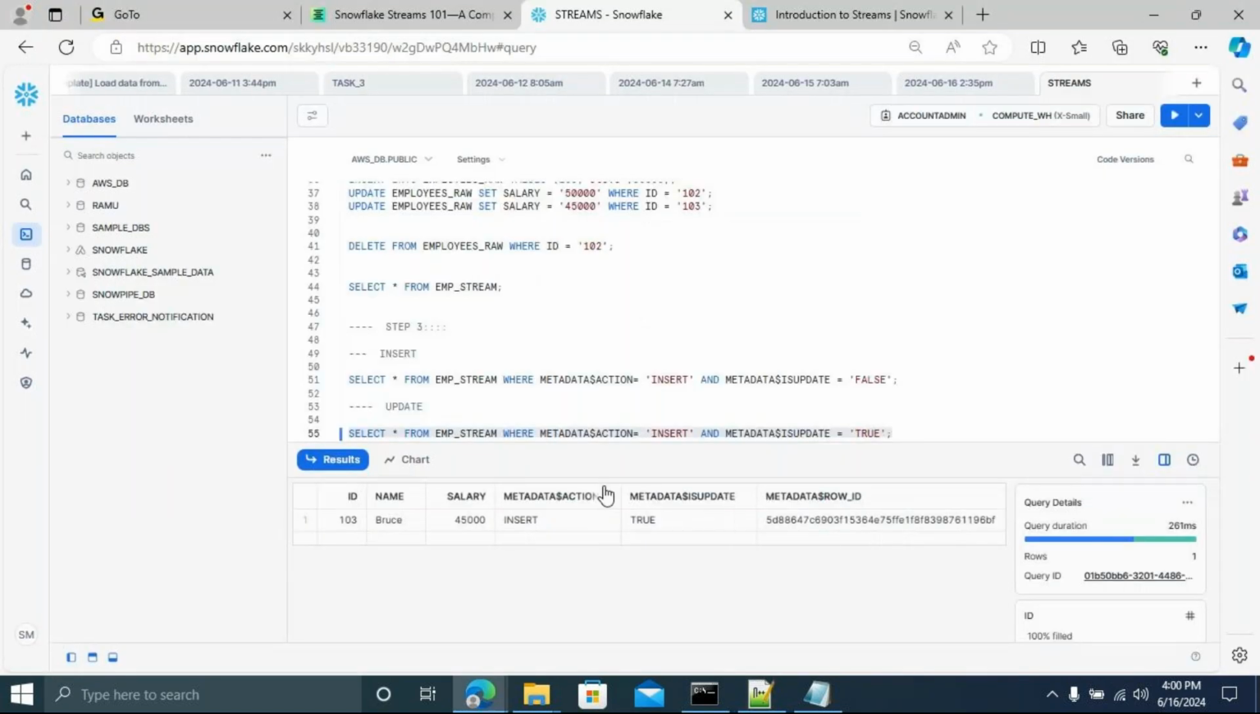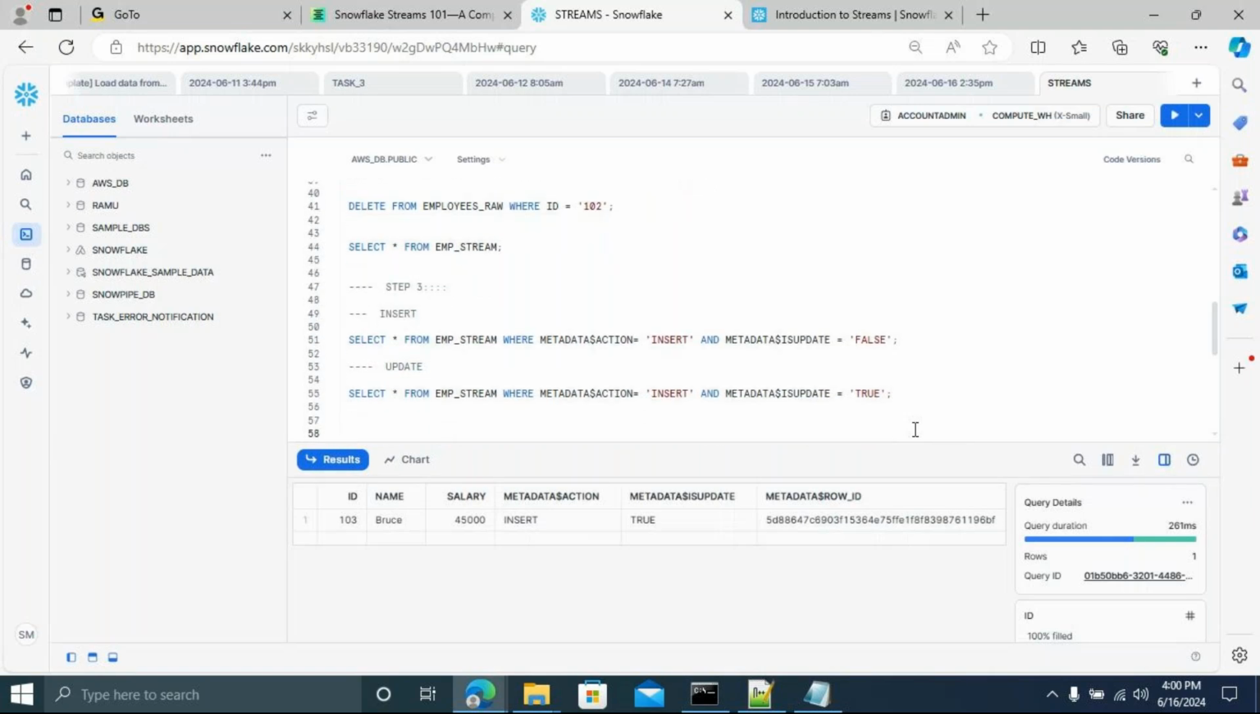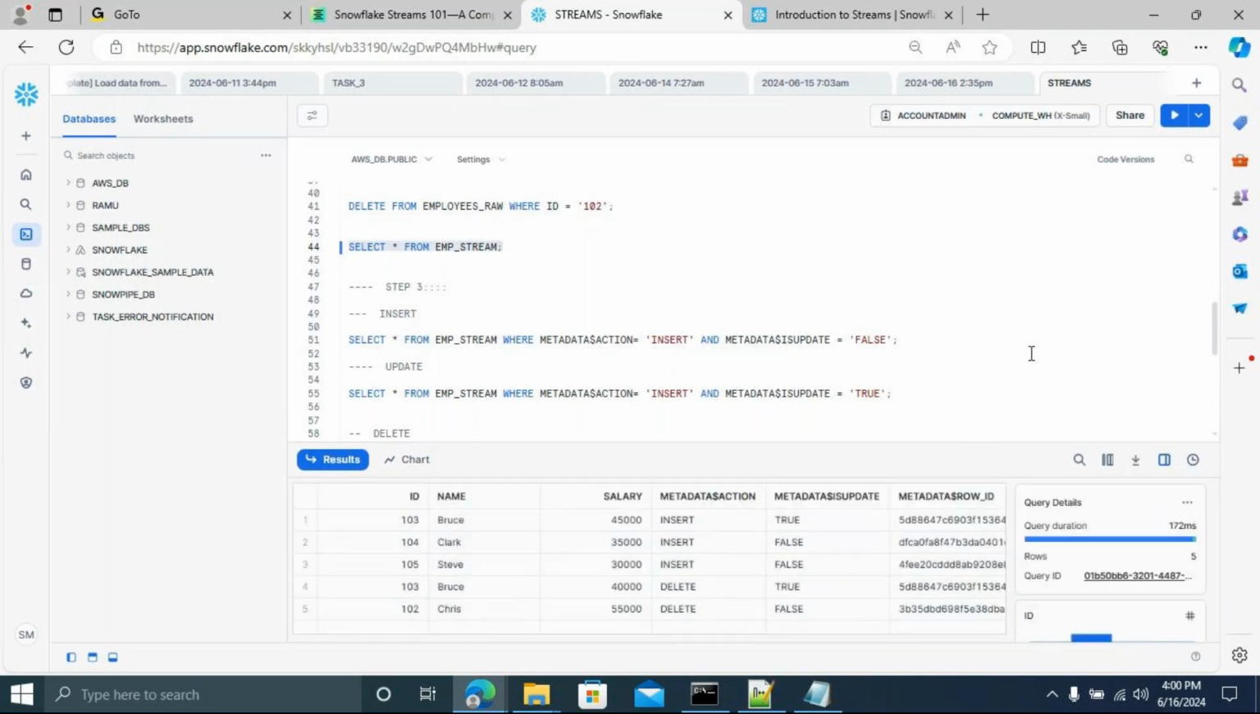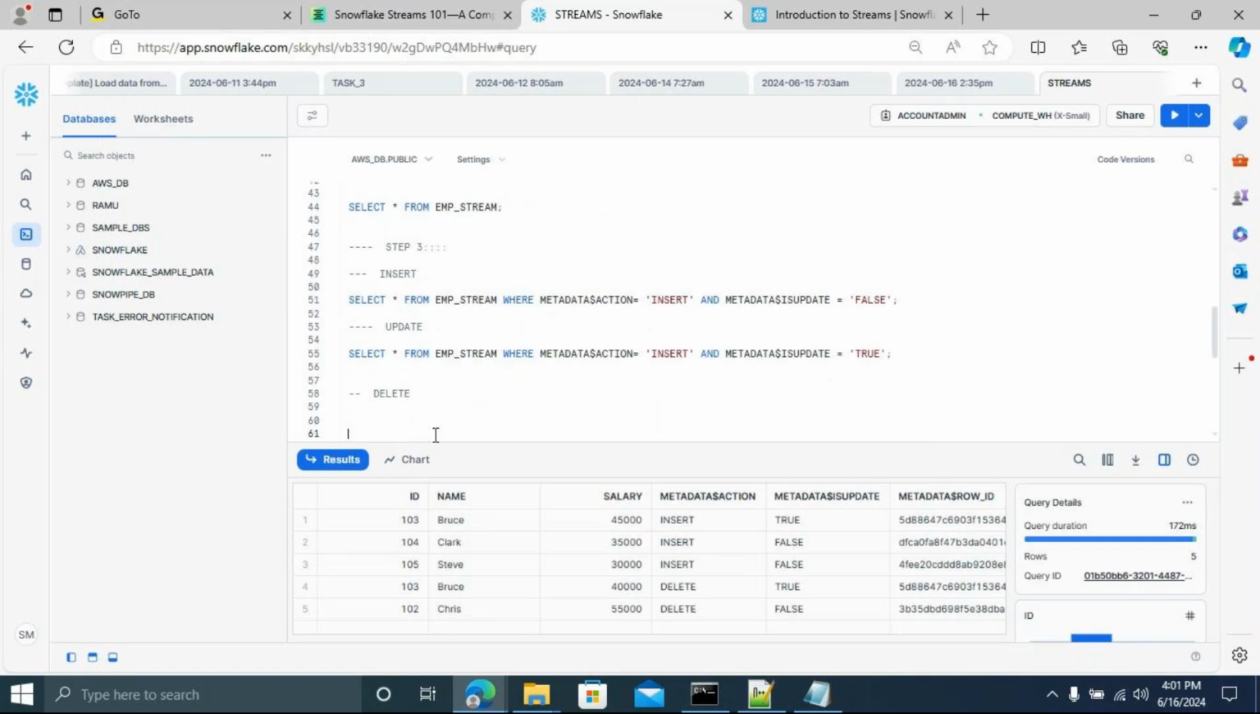Now try for delete. Just query the stream table. Try for delete. Metadata action delete. Simple one, just copy as it is. Now I have to look at the delete record. What do I have to give here? Delete. And then